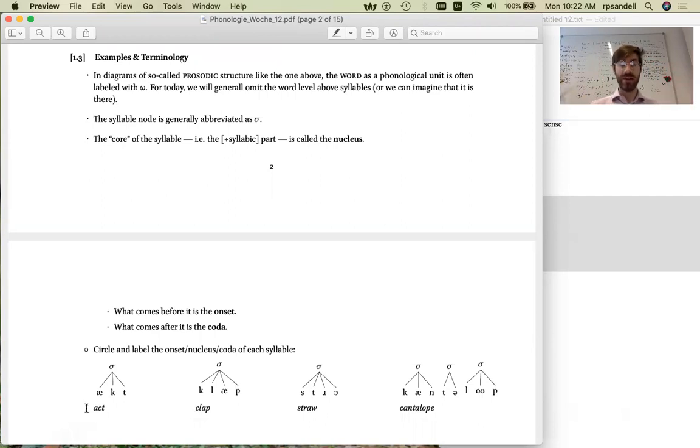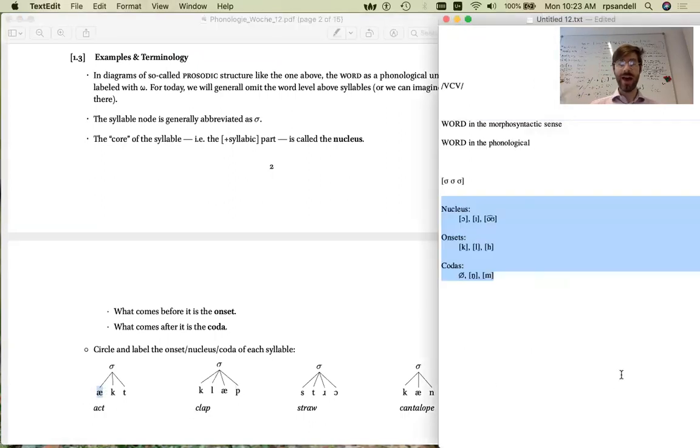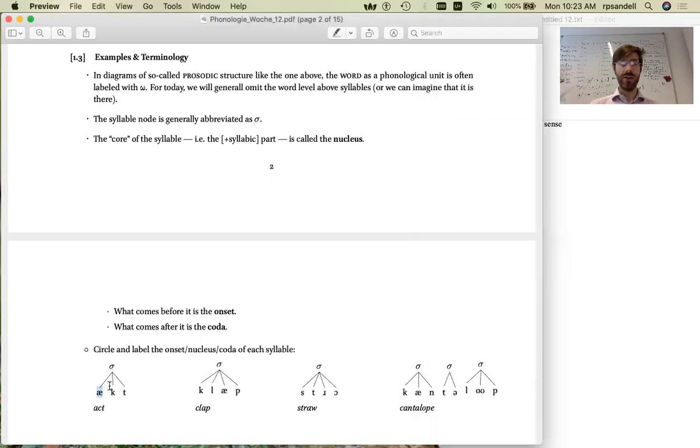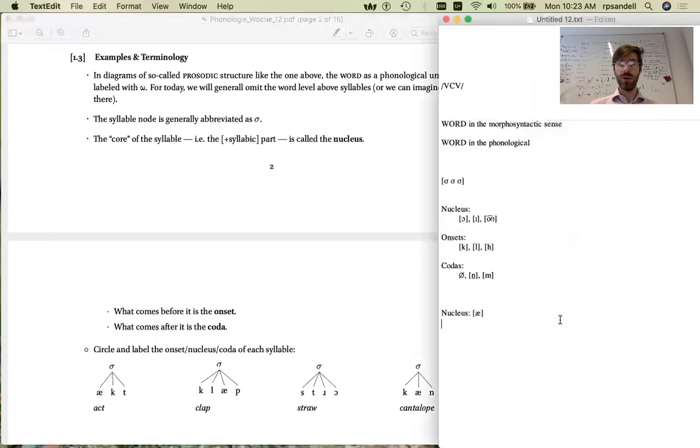Let's begin with act. In this case, we have just a single syllable, as I've labeled it. Which segment is plus syllabic? Here, the vowel a is a plus syllabic segment. So the nucleus in the word act must be the vowel a. And are there any consonants, any segments preceding it? No, so the onset